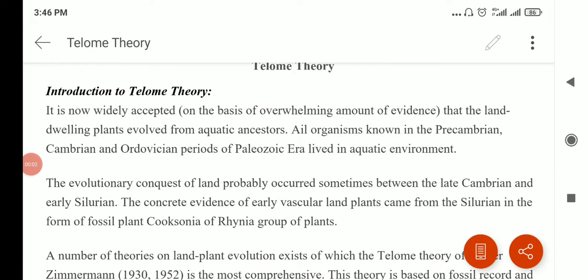Okay, so now I'll teach you about the telome theory. Well, basically the telome theory means,